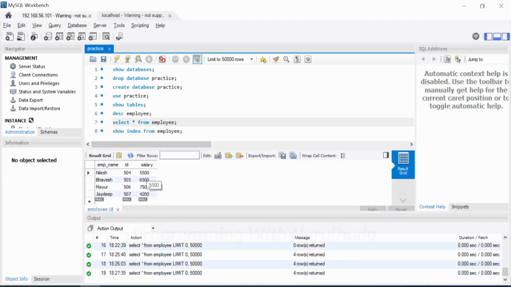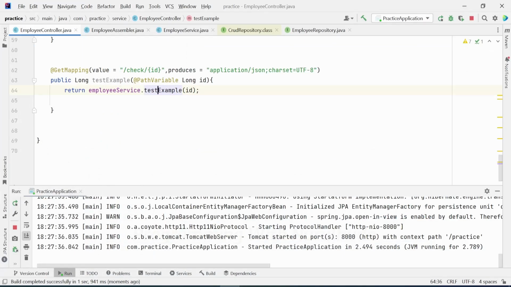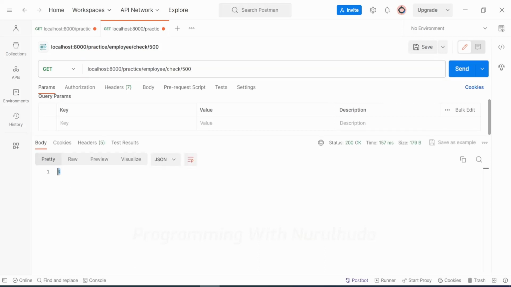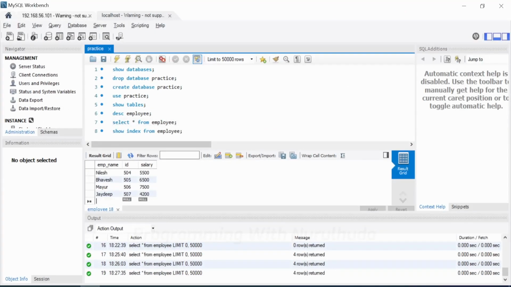In the database we have 4 records, so it must return 4. Okay, let's check. Now see here, 4 records. We can manually add records here. Suppose I write here